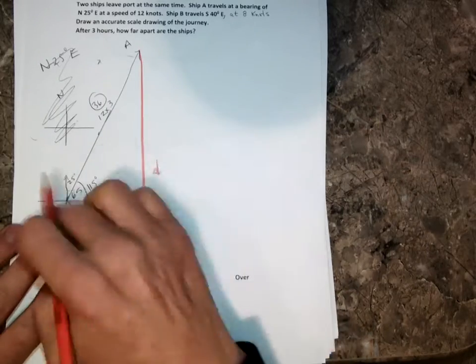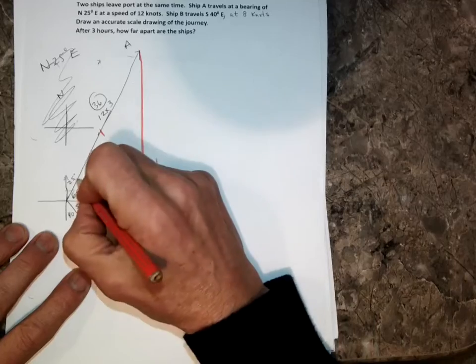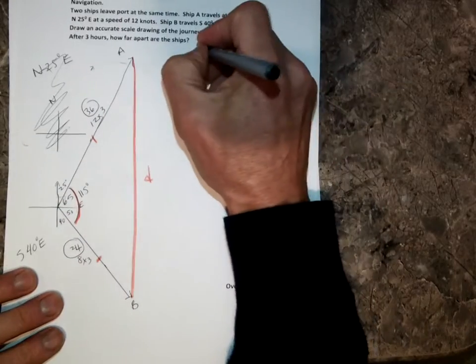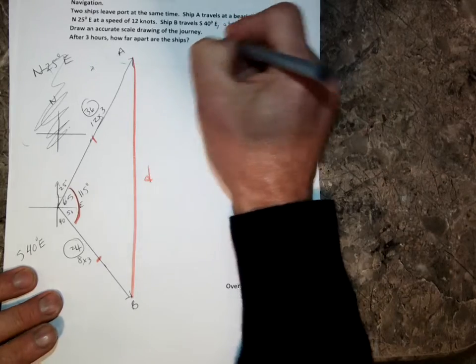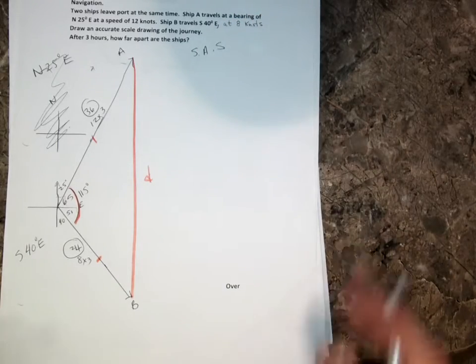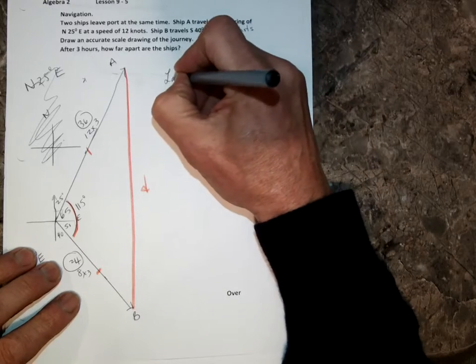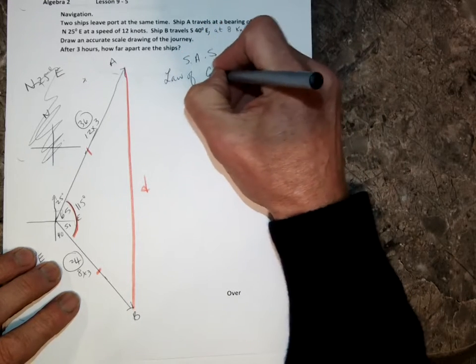We do not have a pair of opposites, but we have a side angle side. So if we have side angle side, we're going to use the law of cosines. Okay, law of cosines. I use the law of cosines,